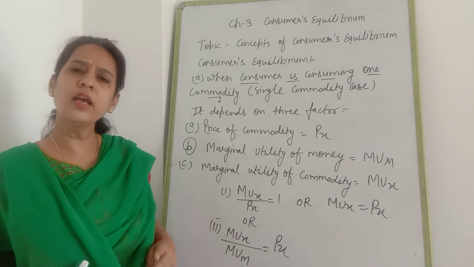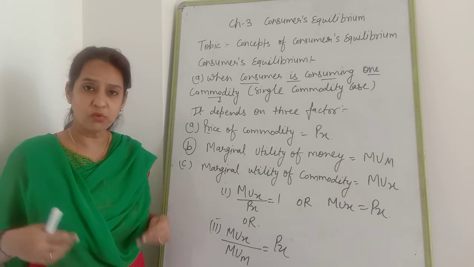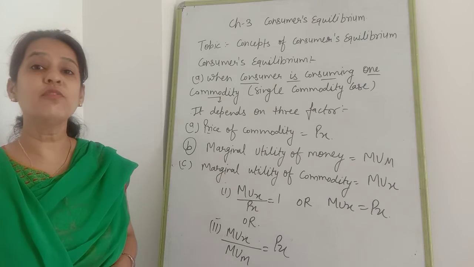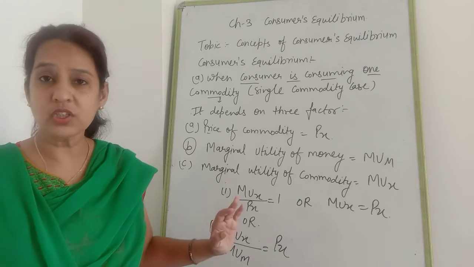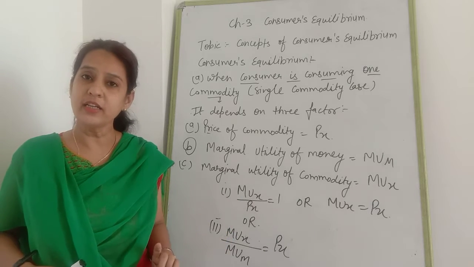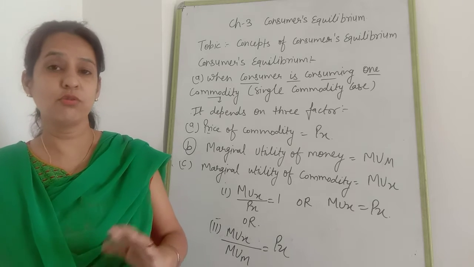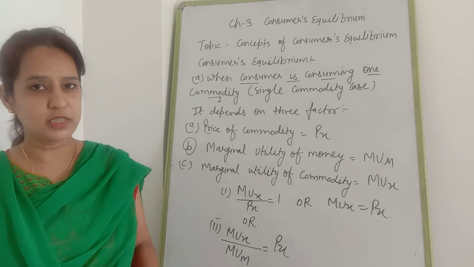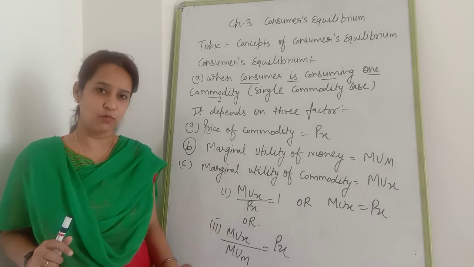Clear? Now again I want to purchase a second ice cream also. From the second ice cream I got a satisfaction of 40 utils. But the prices will not change in the market, so definitely the price is 30. So again I am in a surplus position. So definitely I will eat the second ice cream also.